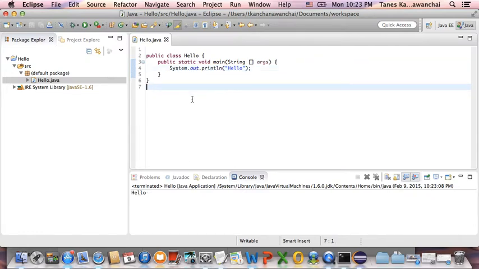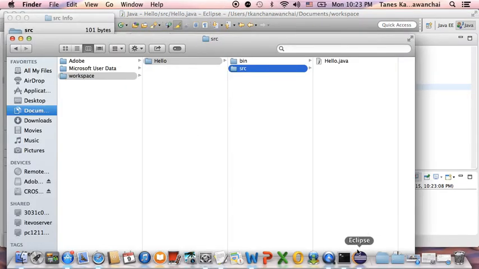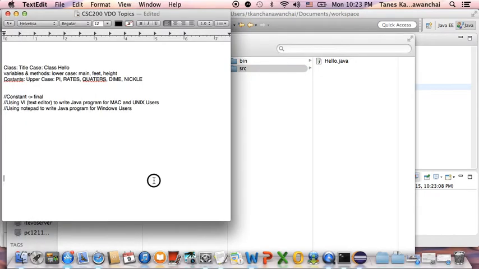What do compile and run mean? To compile in Java, you need javac, which is the Java compiler. To run, you need to write java. So javac is followed by the file name